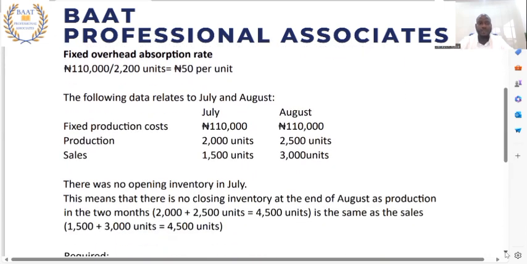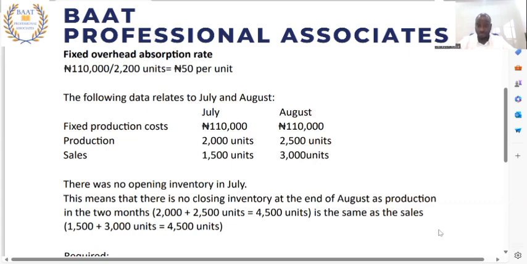Now we have the actual results for July and August, being fixed production cost of 110,000 in July and 110,000 in August, which is exactly what we budgeted for. Production was 2,000 units in July and 2,500 units in August, as against 2,200 units, which are budgeted production units. Our sales was 1,500 in July and 3,000 in August, whereas we plan to sell 2,200 units in both July